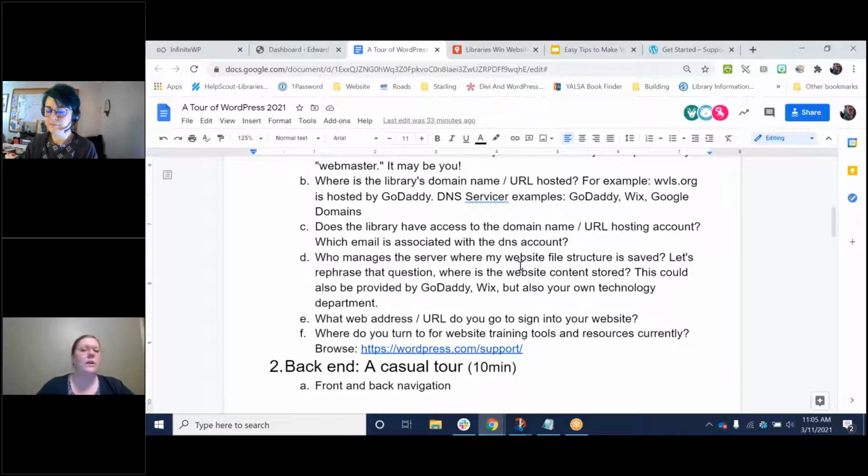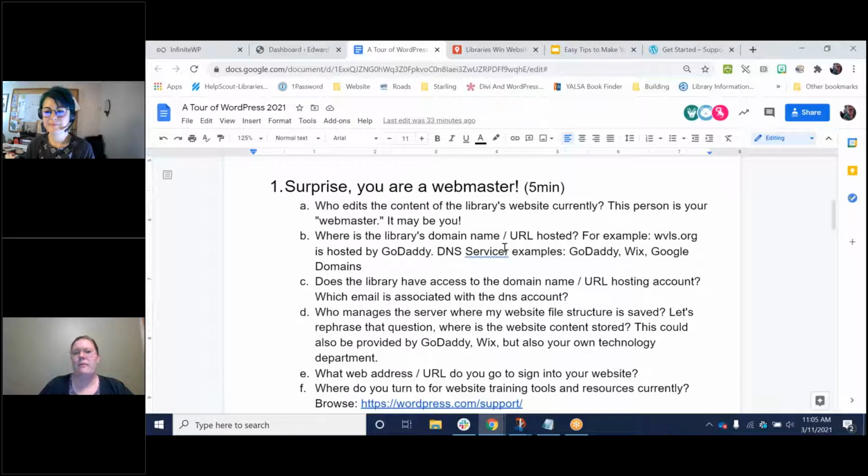Open up a Word document or a notebook and park all of your website information into one place. Maybe it's a Google document that you share across staff, but have a nice little toolbox for yourself to park this information. Because if you don't know this information, it will be very difficult for you to maintain and edit and care for your website.